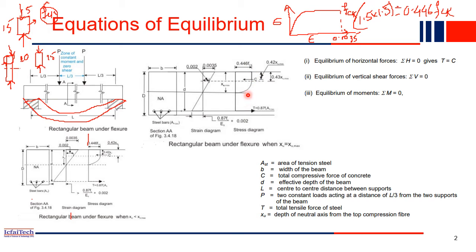So now the total compressive force will be acting at C. C is the total compression force. The entire compression force is distributed over the entire surface. Now if you concentrate it, at the CG of this area the entire compression force will be acting. So the compression force will be acting at this point. Similarly, the entire tension force will be acting at the steel level, where the steel is there.